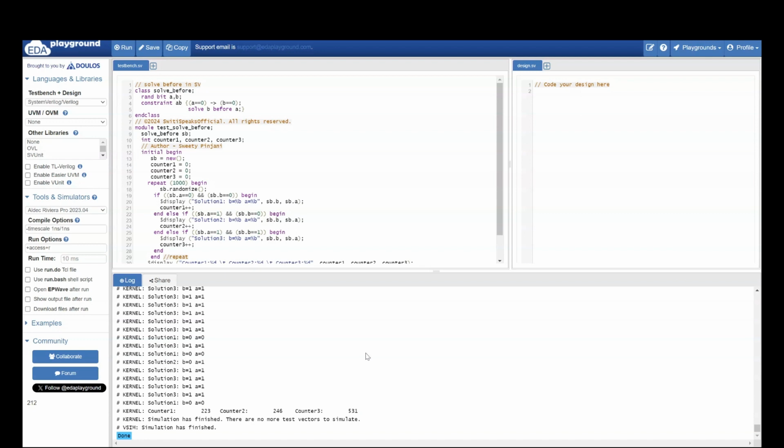I hope after this video you should never get confused with solve before. I have really tried my best to take as easy an example as possible and make you understand in as easy language as possible with the output. I request you, if you are still not understanding, please try to go through this video again. I'm sure after going through this video at least a few times, this is going to be very clear. And please try to execute this code by yourself. When you execute this code by yourself and run it, analyze the output, that's when it is going to be permanent in your mind. That's what we want. Each and every concept should be permanent in your mind.